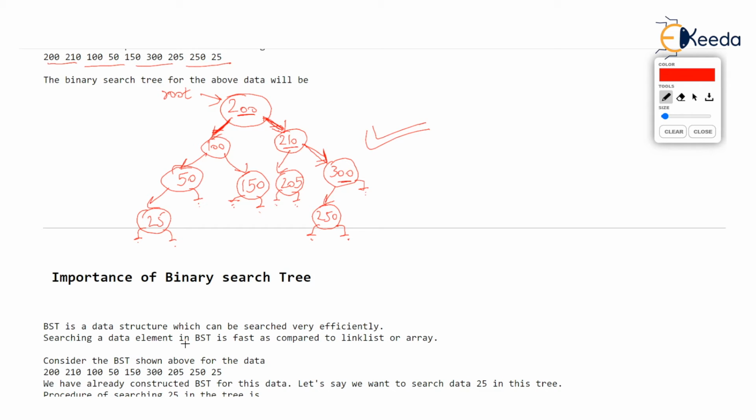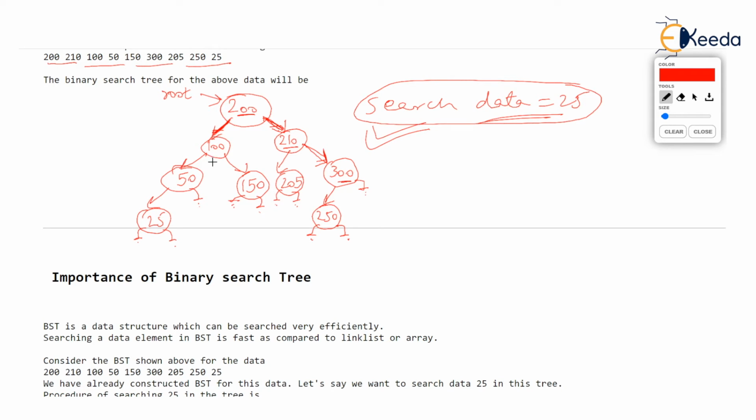Just as an example, suppose in this binary search tree that we have created, we are asked to search data equal to 25. That means we don't know whether 25 is present or absent, but we want to know is 25 there in this binary search tree. Then how would you search 25? Your searching will always start from root node because that's the only node you know.